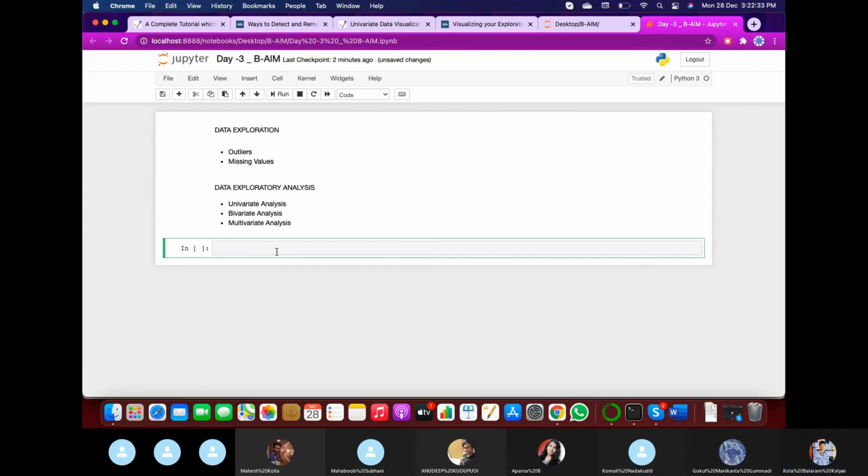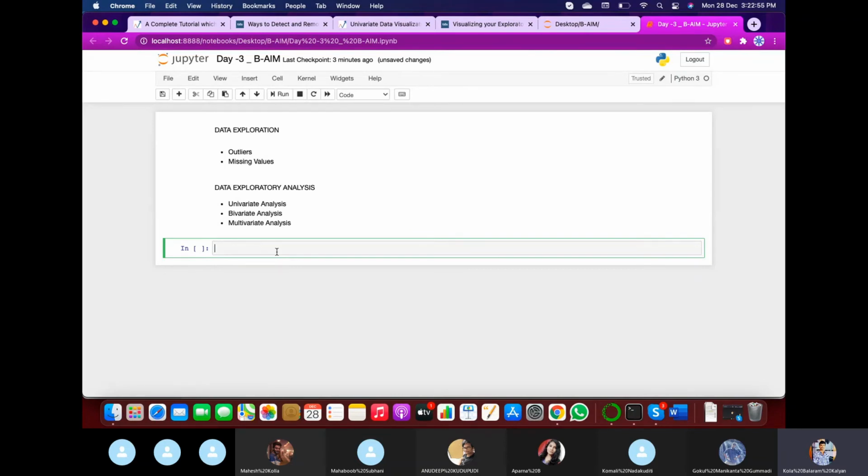Coming to the univariate analysis, it is having only one variable, that is, only one dimension. You may or may not be aware of terms like categorical or continuous, quantitative or qualitative. So what do these terms mean?